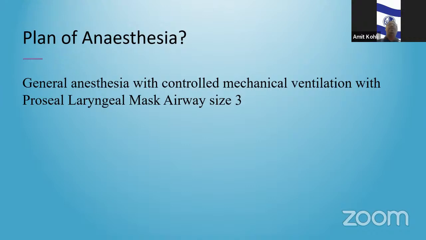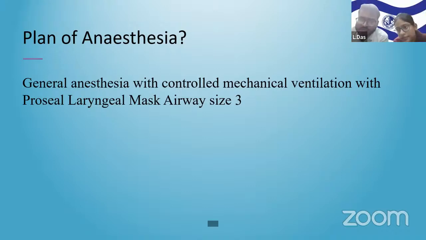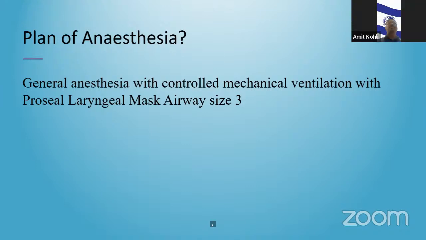This is particularly to decrease this hypertensive response. Any new agents you should know of to decrease this hypertensive response, because your patient is a known case of hypertension and there may be surges of BP during the surgery. Other than nitroglycerin and beta blockers? Sir, we can use injection lignocaine also, sir, to blunt the intubation response. Lignocaine can be used. These days, dexmedetomidine can also be used, the infusions of dexmedetomidine also. Yes, sir, to suppress these responses.